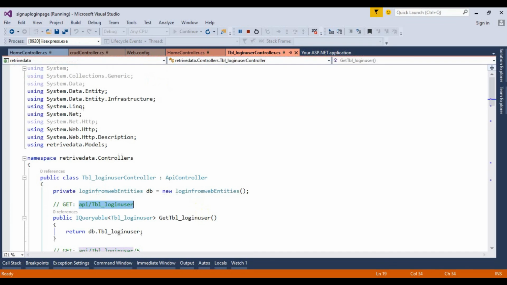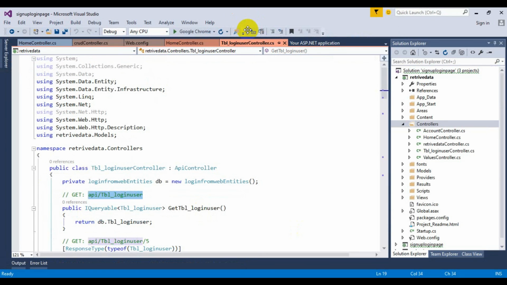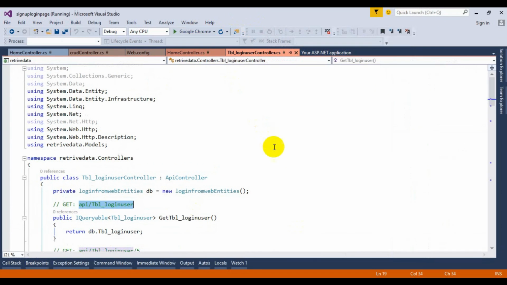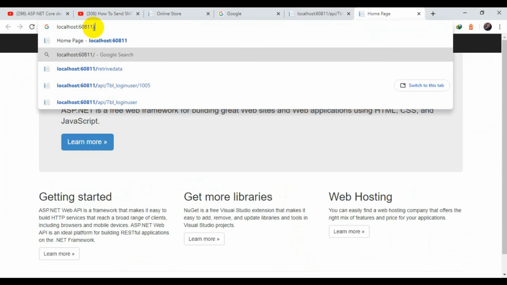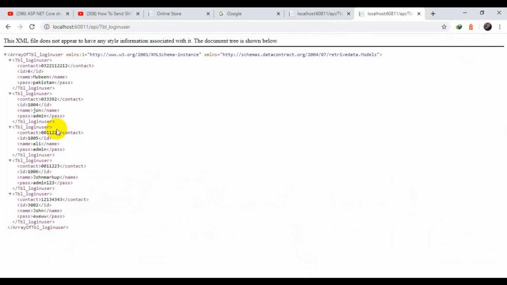Run the project again. Paste it here. Look out, we have a new ID 3002. The name is Jones, and I have added that particular data.